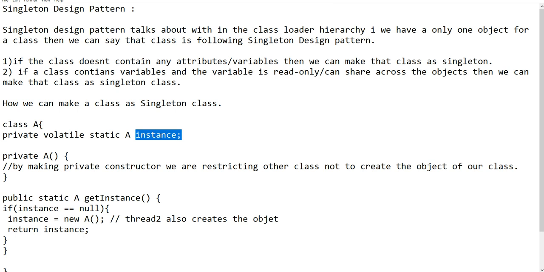Then how many objects are there now? Two objects, because two different threads are executing this method and they created different objects, right? That is where we need to restrict only one thread to execute the entire logic. What is the keyword we can use to stop multiple threads executing at a time? That is why the synchronized